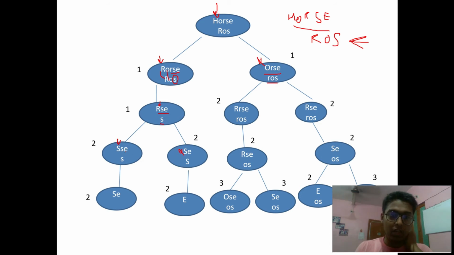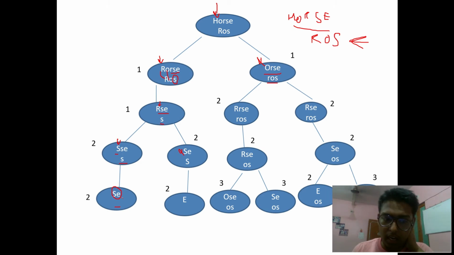Now S matches with S. Now I will move forward to match the characters other than S in string 2 and the characters other than S in string 1. So I am left with SE in the first string here, and I am left with nothing in the second string here.